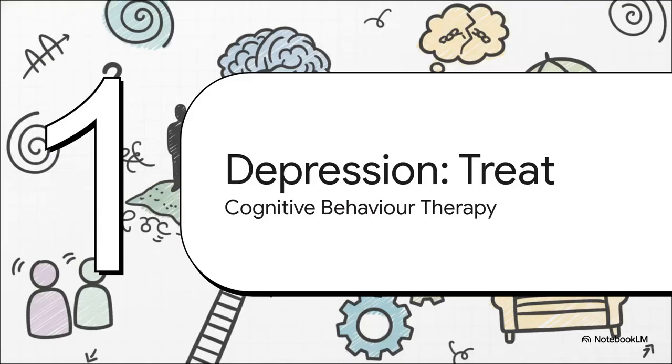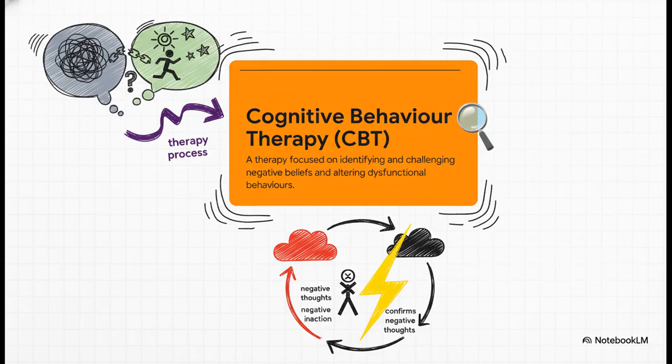So, just like the behavioral approach led to behavioral therapies, these cognitive theories gave rise to one of the most widely used therapies in the entire world today, cognitive behavioral therapy, or CBT. CBT is basically a direct application of what Beck and Ellis were talking about. The cognitive part is all about working with a therapist to pinpoint and challenge those irrational thoughts and negative schemas. The behavioral part involves encouraging the client to get out and do more rewarding activities, a process sometimes called behavioral activation. The whole point is to break that vicious cycle where negative thoughts lead you to do nothing, which then just confirms your negative thoughts.